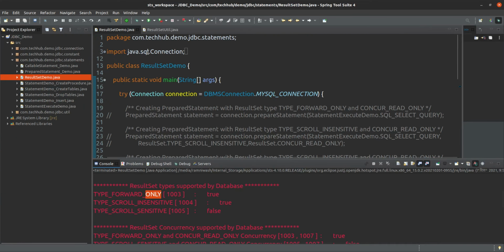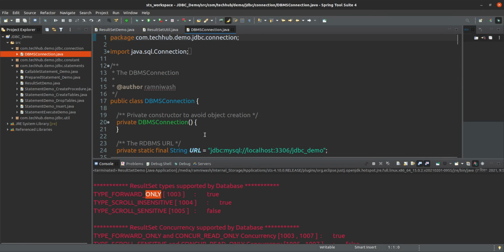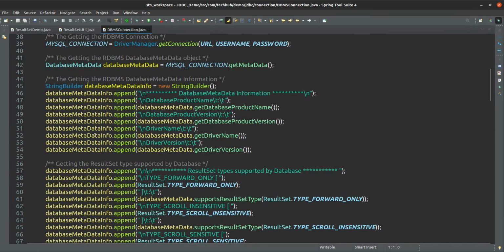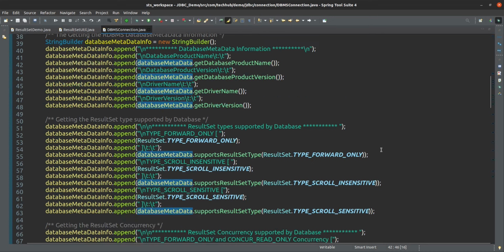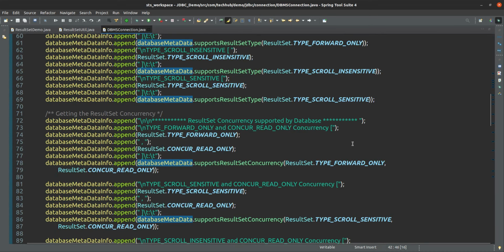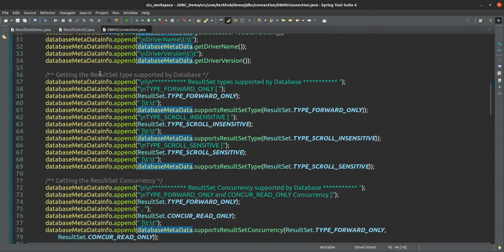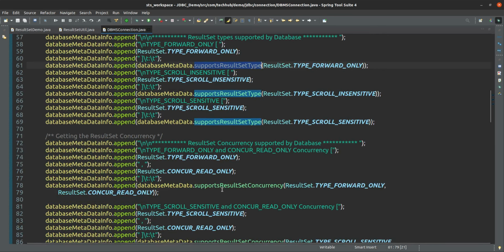That detail you can get using database metadata. Using this database metadata, you can check whether a particular type of result set is supported, using the supports result set type method, or supports result set concurrency.